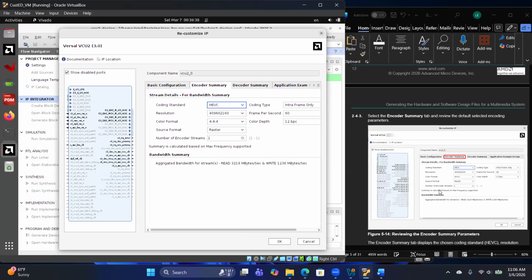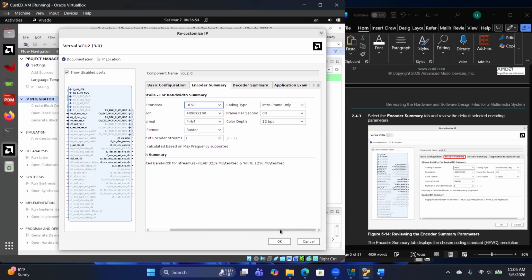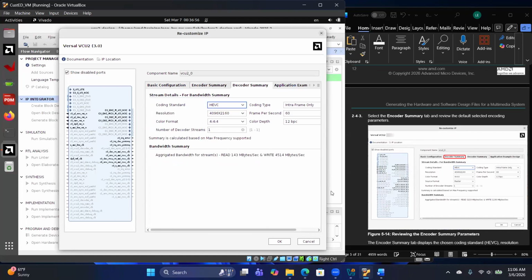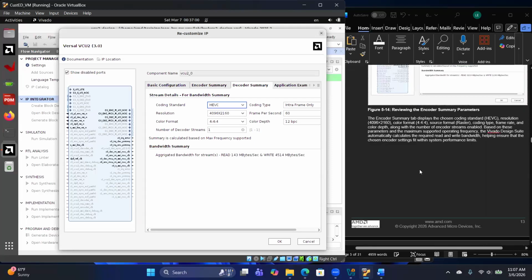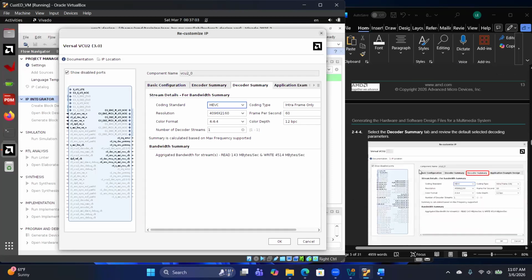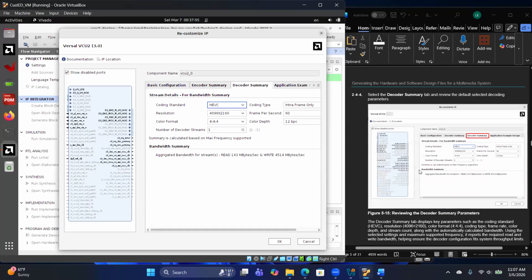So you see the particular coding standard. You see there are different choices here, but we didn't change anything. We didn't change the resolution. We didn't change the color format or the source format or anything. Likewise, for the decoder summary, same thing. We just left everything as the default. So really what they're doing with this lab is more so showing you how to bring this